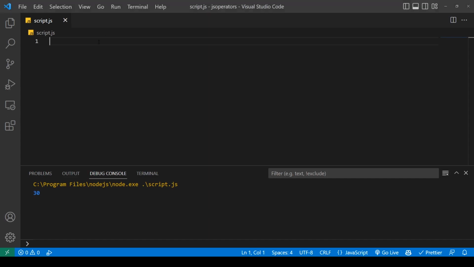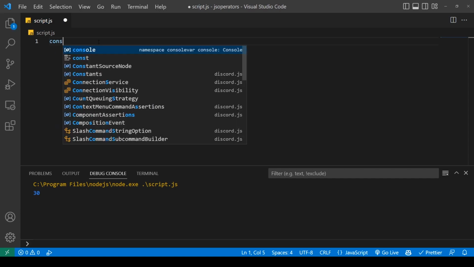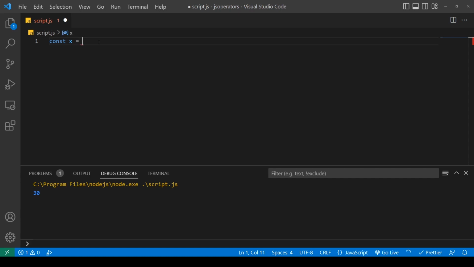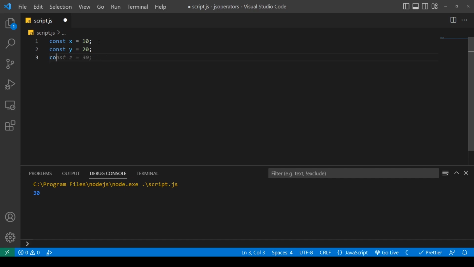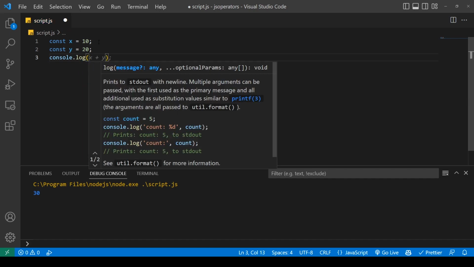Firstly on the list, we've got the addition operator. We use the addition operator, the plus operator, to add numbers to each other or join strings into one. Let's try the addition operator, which is the plus operator. So let's say we have a number here. Let's make it 10. And let's have a y variable as well. Let's make it 20. And if we console log this with